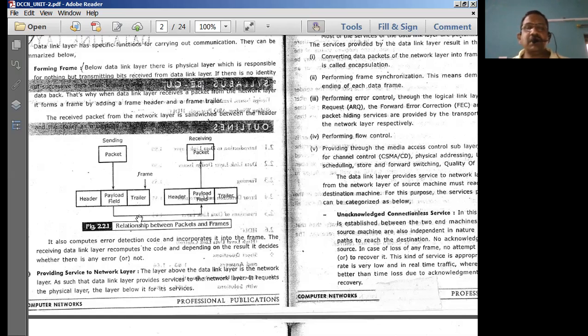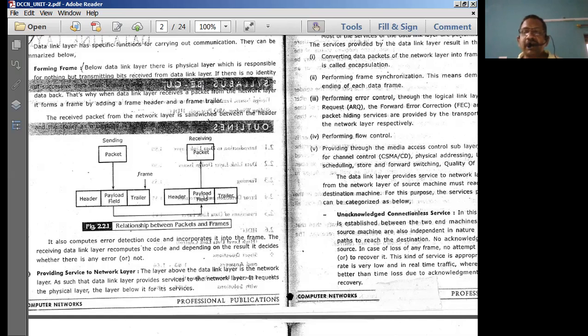When the destination computer receives the data, after stripping off the information from the physical layer, it strips off the frames, and from these frames it strips off the payload, and this payload is given as a packet to the network layer. The network layer receives the packet, strips off its data, and gives that data to the transport layer as a segment.